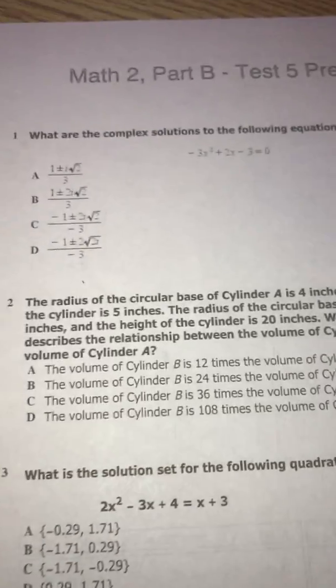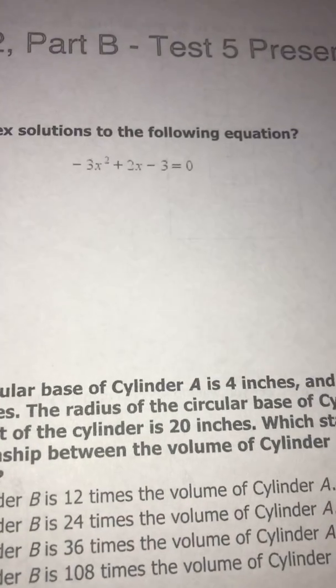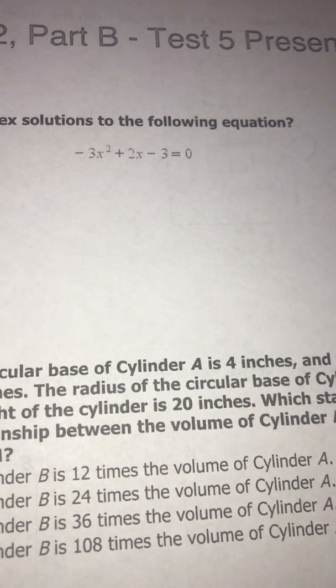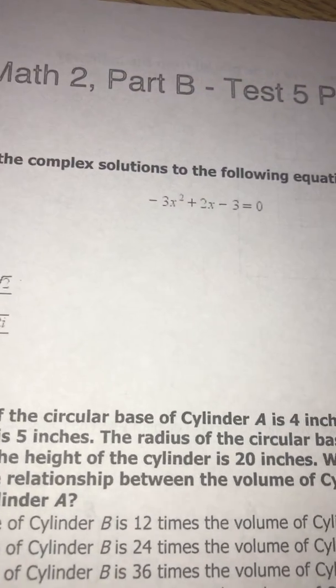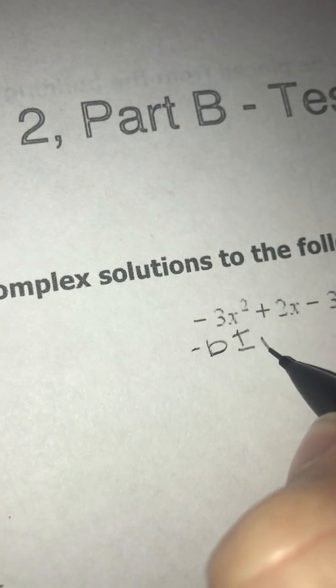Okay, number 1 says, what are the complex solutions to the following equation? And the equation is negative 3x squared plus 2x minus 3 equals 0. And to solve this, you're going to use the quadratic formula, and that is opposite of b plus or minus the square